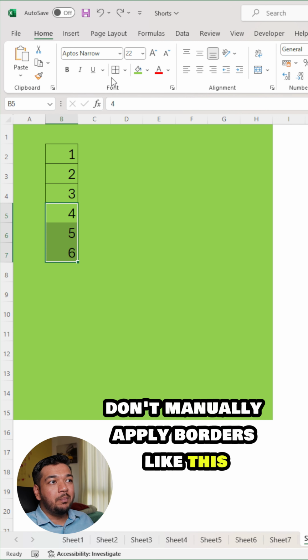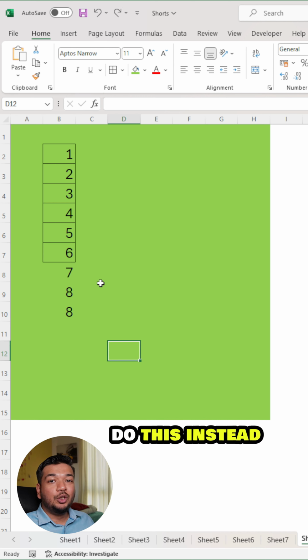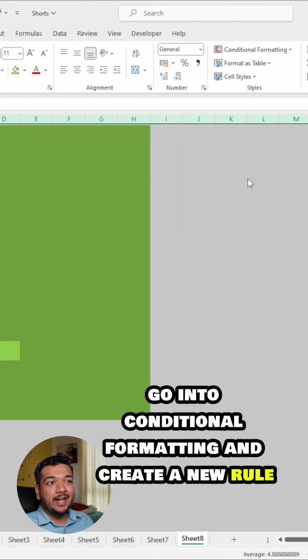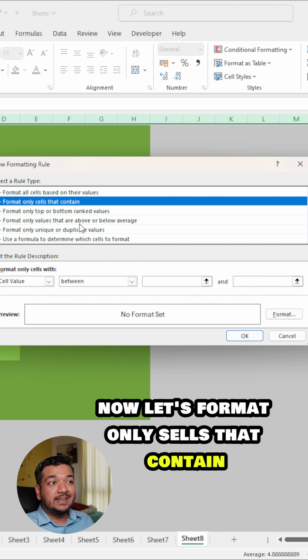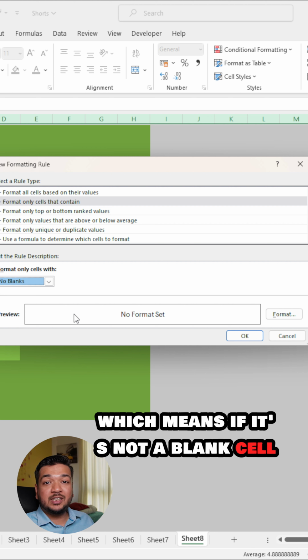Don't manually apply borders like this. If you fill up more data, it's not going to have a border again. Do this instead. Select your worksheet, go into conditional formatting and create a new rule. Now let's format only cells that contain and let's select no blanks,